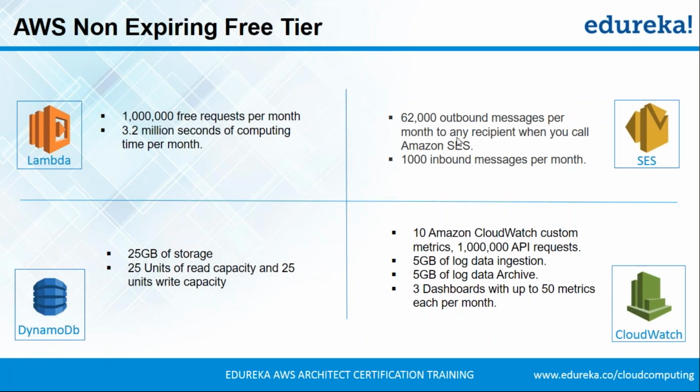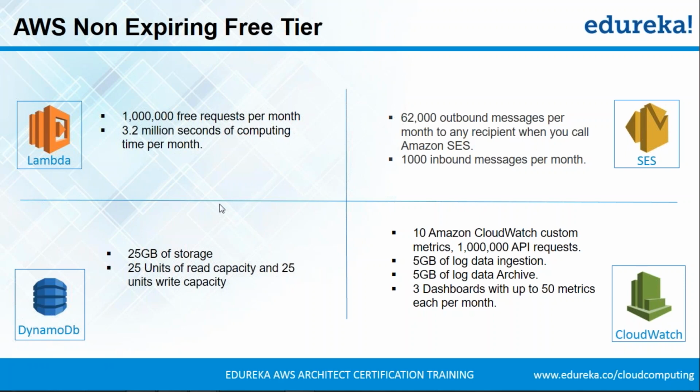Like I told you, in the case of EC2, if you're using the t2.micro instance, you'll get the free tier. If you're using some other instance, you'll not get the free tier. So you have to be very careful when you're launching instances. Don't worry, we'll be launching instances in a while, and I'll show you how to be careful when you're selecting which instances to launch in terms of free tier. All right, any other question, Dhruv, or any other question, guys, before I move further? All right, so let's move along.